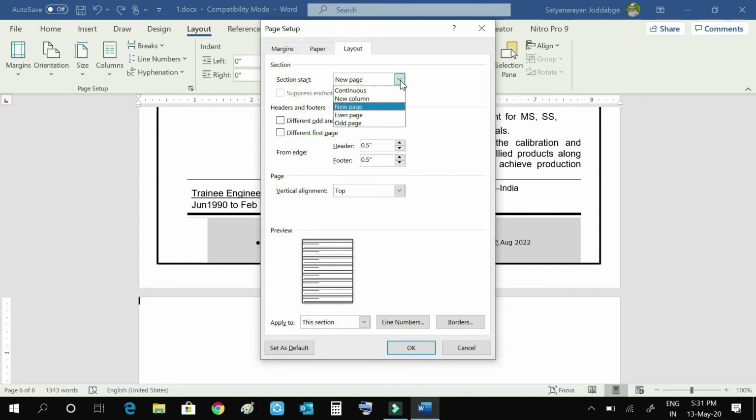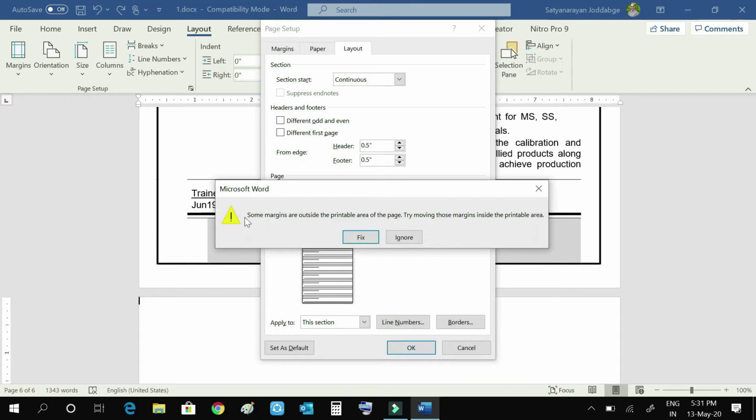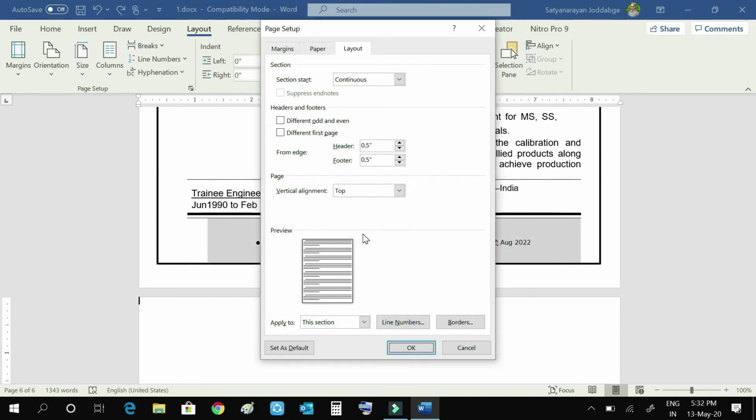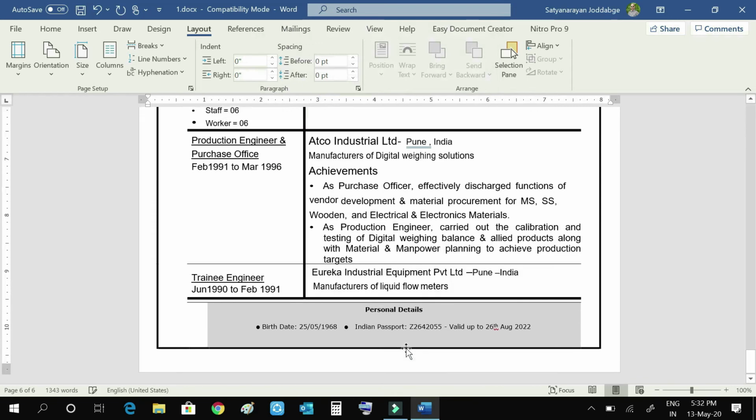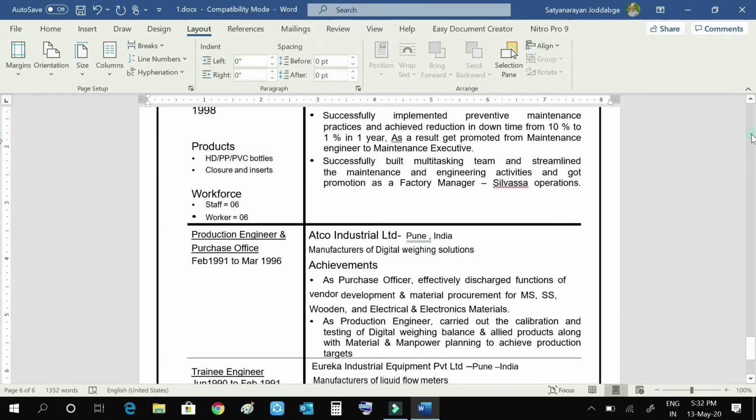If you go down and select continuous and OK, it says some margins are outside the printable area of the page. Try moving these margins inside the printable area. Maybe that is the problem, but it is very difficult for us to know what the problem is. So when I fix it and then press OK, my last page has gone.